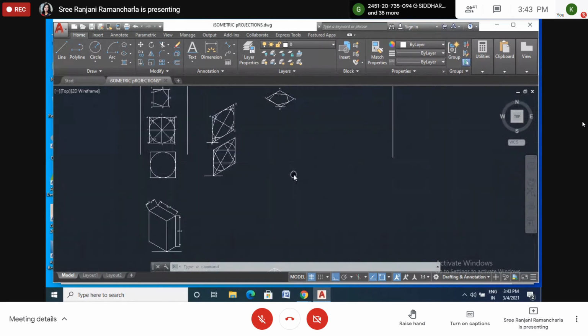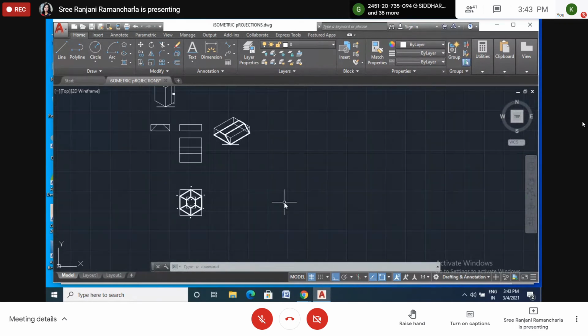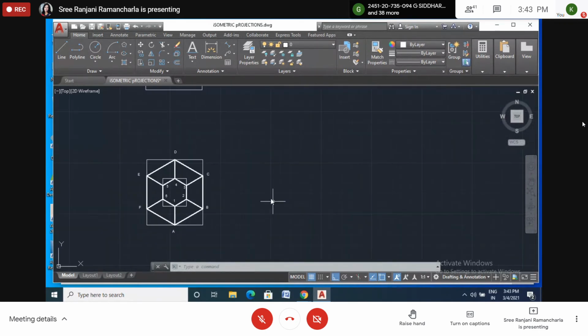Okay, now please look at this. Let me do it as fast as possible. Draw one line. This height is from this base to this base. This is the bottom base and this is the top base. The height we will take as, how much? 80. Okay. Now draw the line.